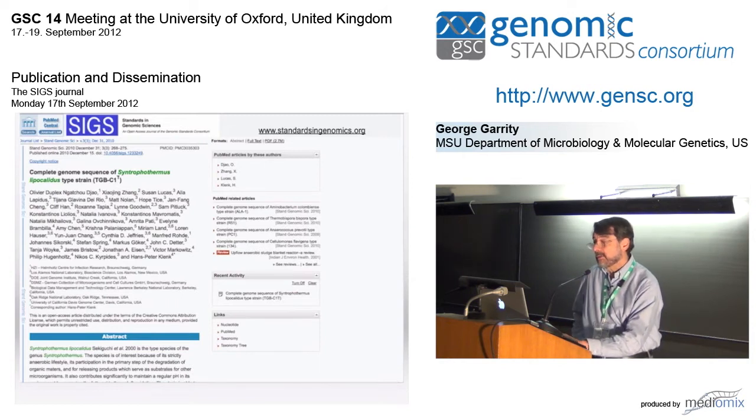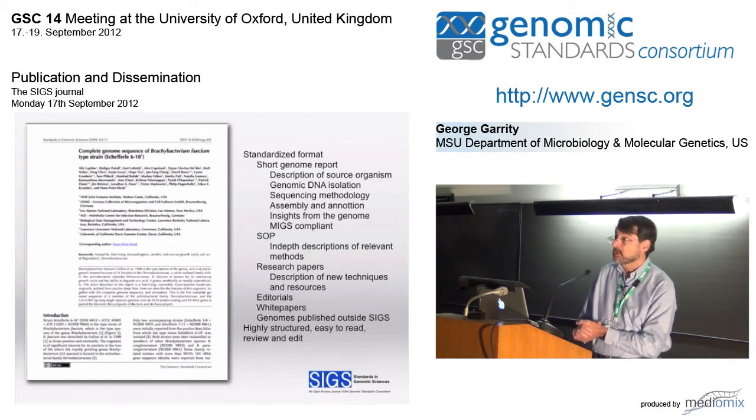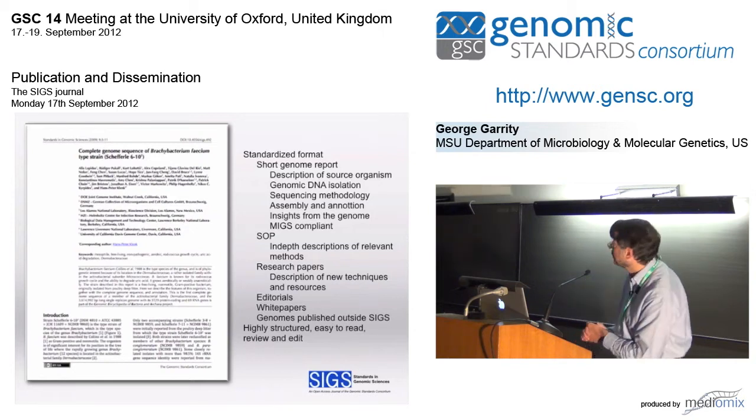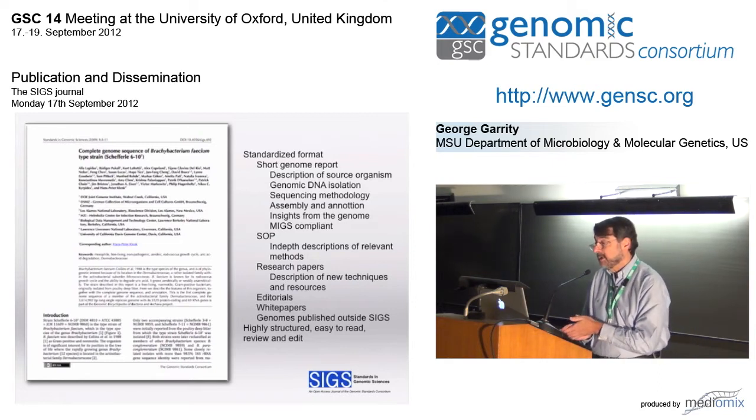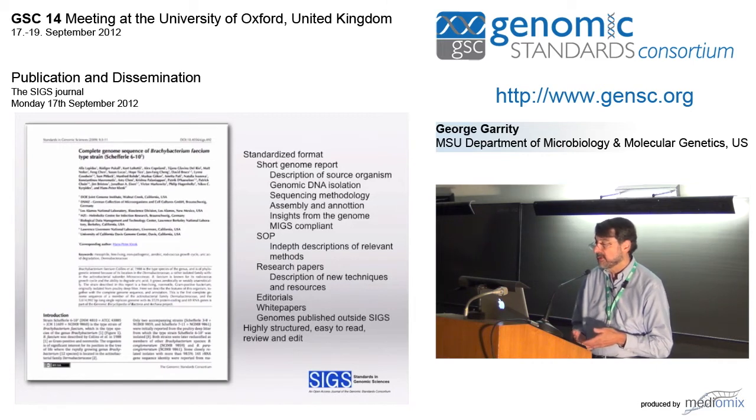Now, as I mentioned, one of the things that we wanted to do at the beginning was to publish papers using a highly structured format for the articles. This makes them much easier to read. This is an example of a complete genome paper that was published a couple of years ago. And what we do is we have a description of the organism. It provides information about the source of the organism, provides information about the genomic DNA isolation, how the organism was actually sequenced, the assembly and the annotation, all of the things that come out of the